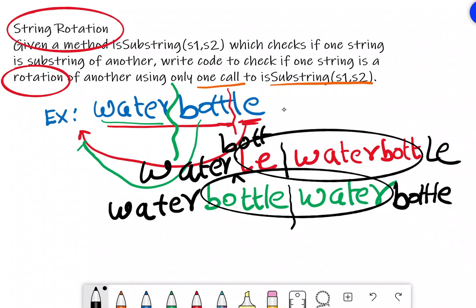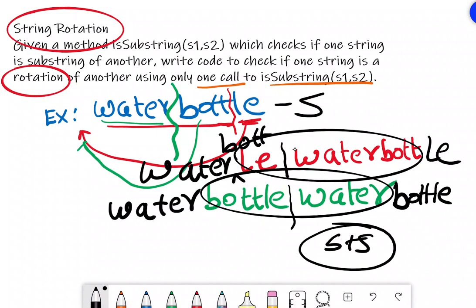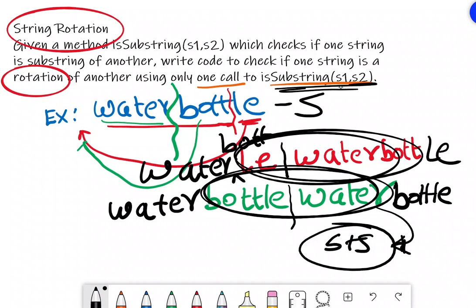Suppose you consider this input as s with some variable, and if I concatenate this twice, s plus s, any valid rotation, this one or this one, will be a substring. So with only one call to this isSubstring method, where s1 is this s plus s and s2 is this given string, I can find out if it is a valid rotation.